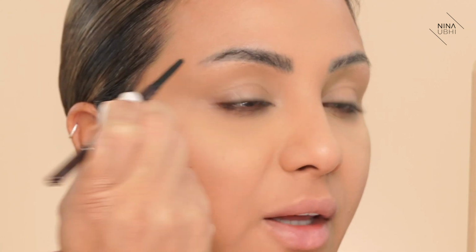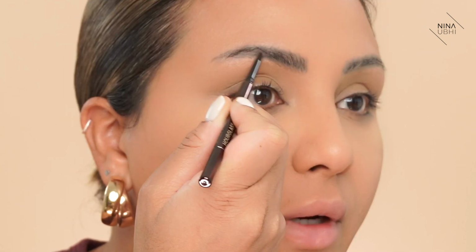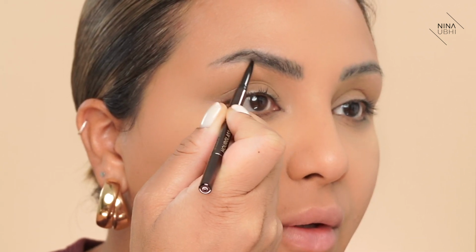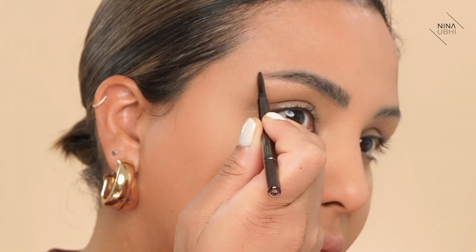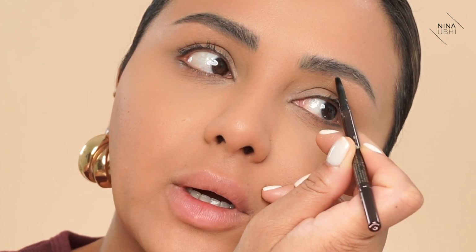I just missed out the A there. This is a super good pencil. Like, really easy to do those kind of like hair strokes. I like this pencil. So I'm just going to do the same thing here. Really good brow pencil, but I probably would go for a slightly lighter, actually not lighter, just browner shade, because